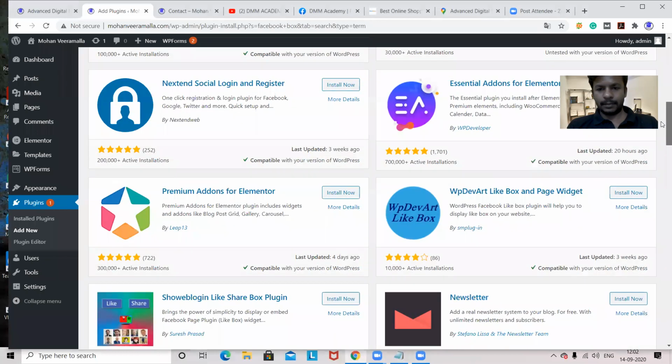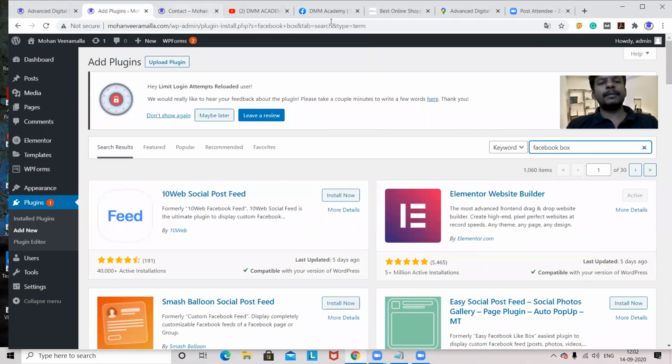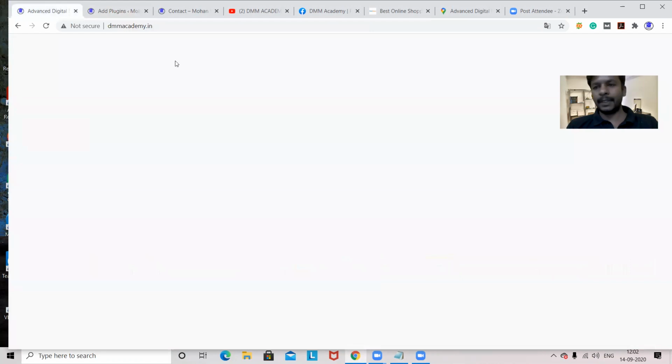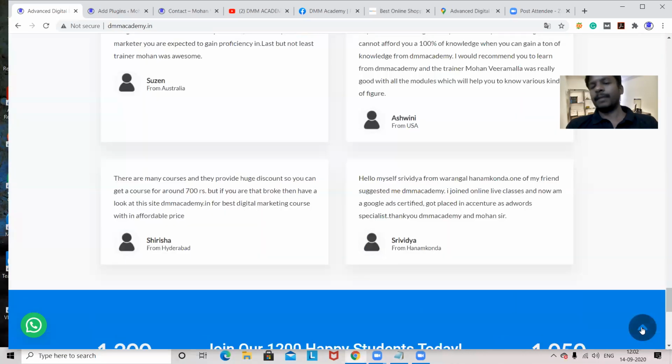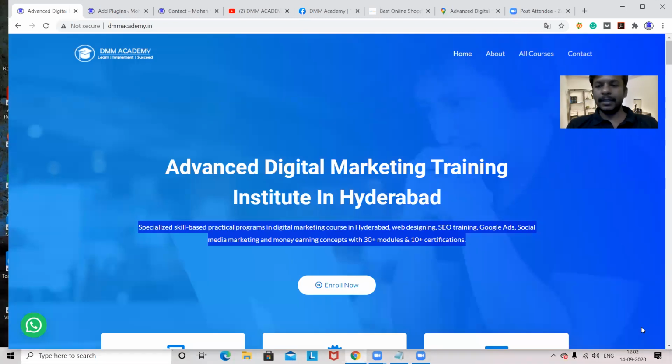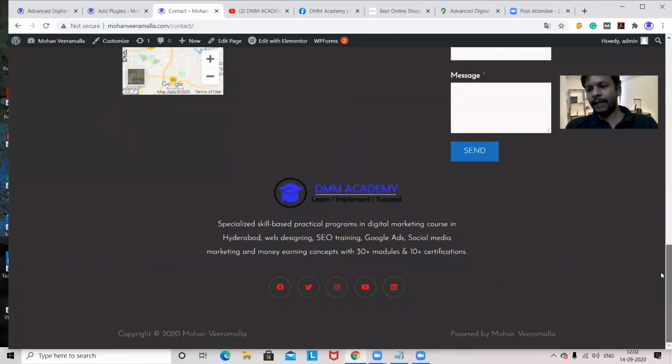So which plugin will go? Fine. See, if you go to this website, here I have something called a button in the right hand side bottom. When I click on this, it is scrolling up. That means easy access to the user. Now, for this website, do we have that option? We have a button in the bottom. Is that option available from this website or from this theme? We don't have that option.